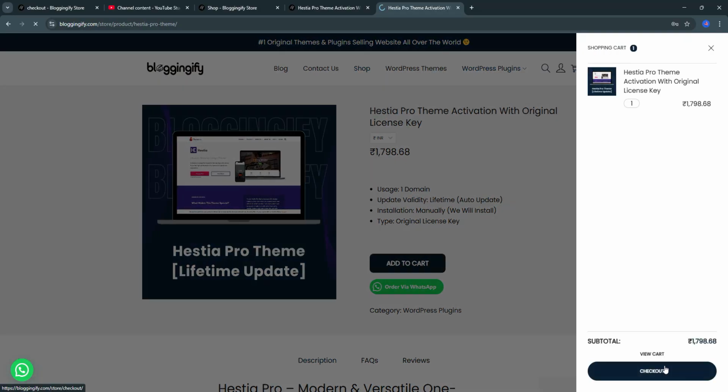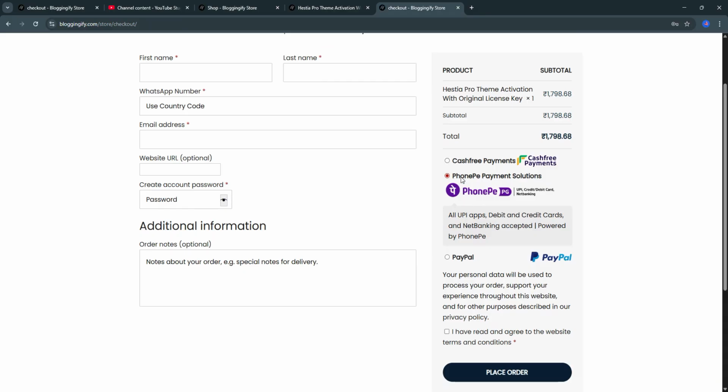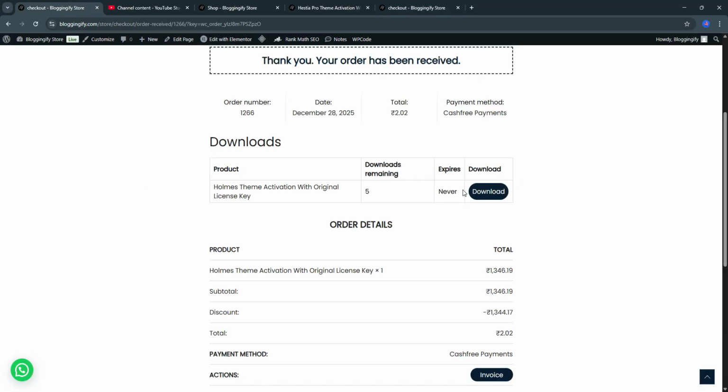Now click on the checkout button. Now here you have to fill in your billing information, that is your first name, last name and other information, and select your payment method according to your card and country and confirm your payment. After the payment confirmation, you will be redirected to this type of thank you page, and here you can see a download